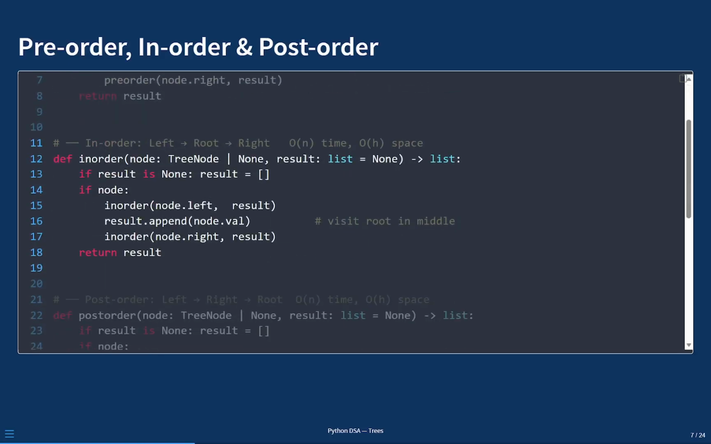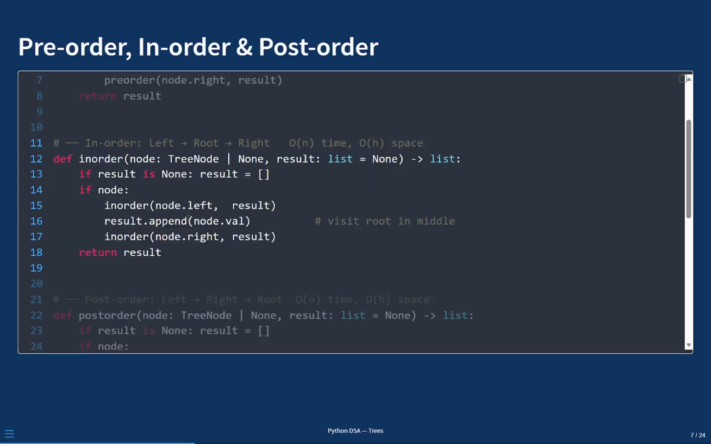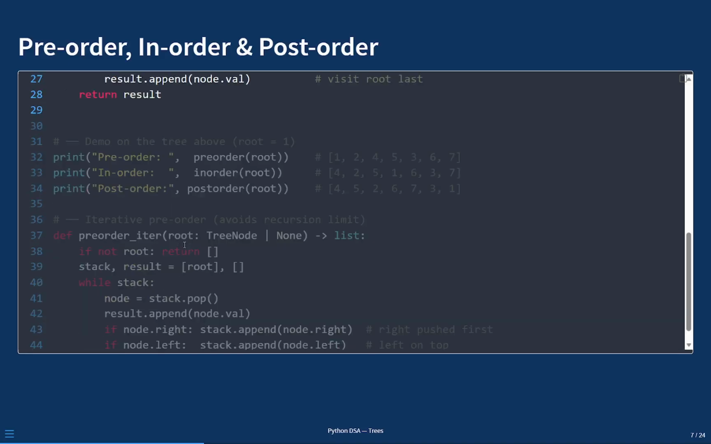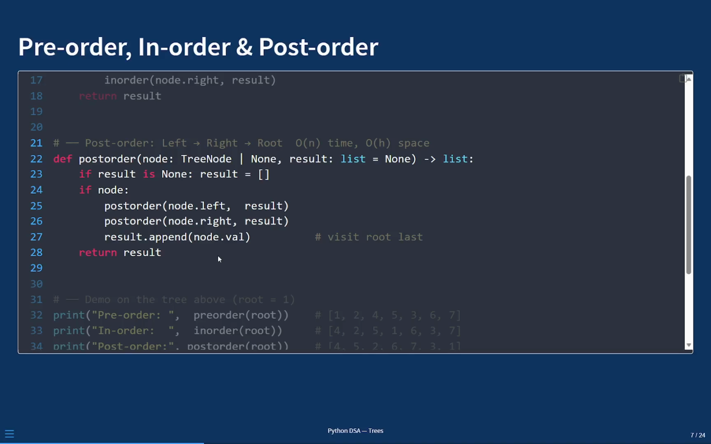In-order: recurse left all the way down first. Append the current value when you return from the left branch, then recurse right. The current node's value always lands between its left and right subtrees. On a BST, which we'll see shortly, this produces a sorted sequence. Post-order: recurse both children before appending the current value. The current node's value is always last. This is the correct order for computing bottom-up results, like evaluating an expression tree, or freeing memory while ensuring children